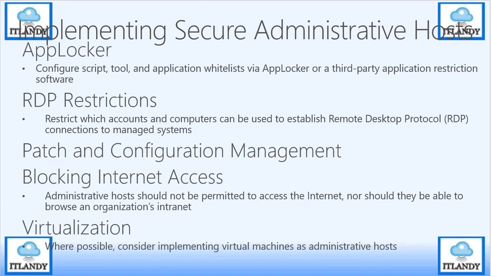Other methods for securing the host use something like AppLocker, which you can configure via script tool or third-party application restriction to the software, basically preventing somebody from running scripts, software, or applications. You can also use a third party. RDP restriction restricts which accounts and computers can be used to establish remote desktop connections to my system,